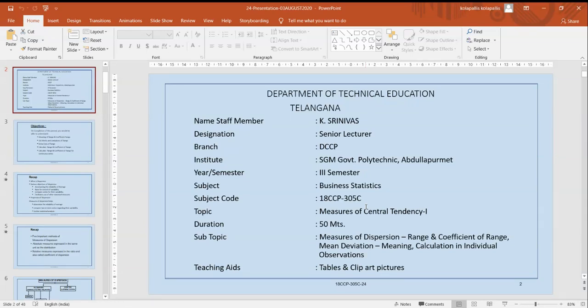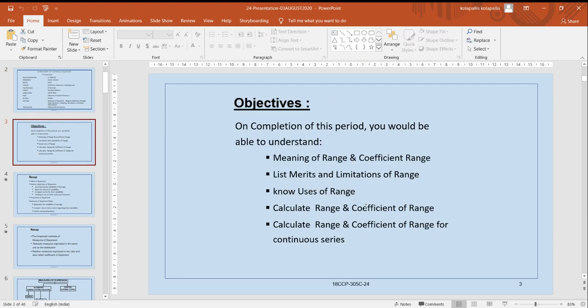In business statistics, in this lesson, we will be looking into the measures of dispersion and different measures of dispersion. So to quickly understand the objectives of this lesson, a student will be able to understand